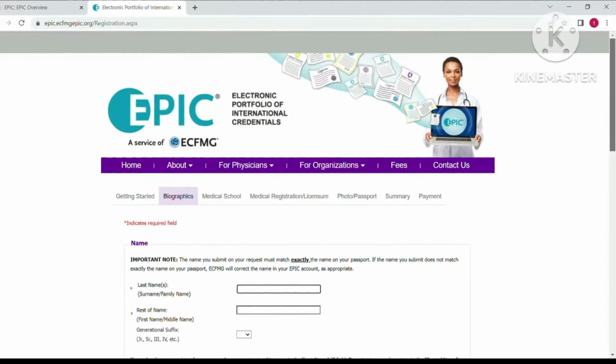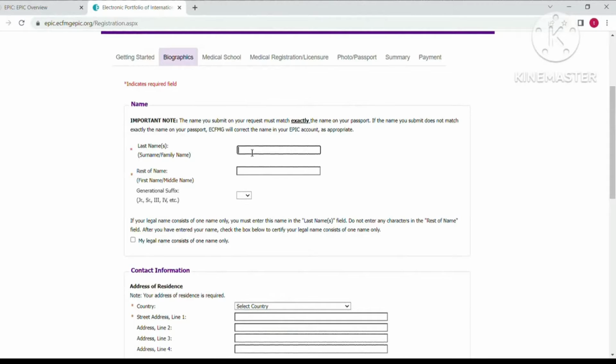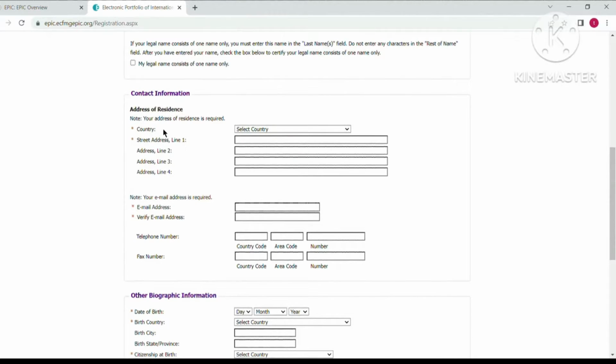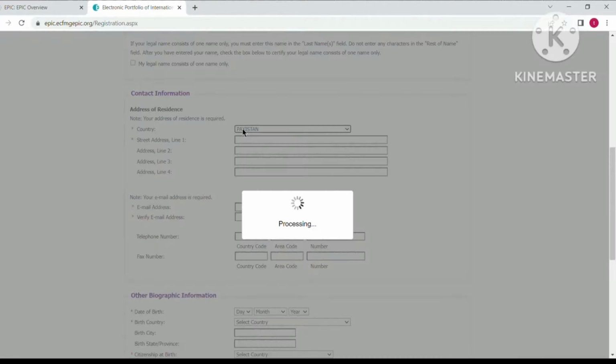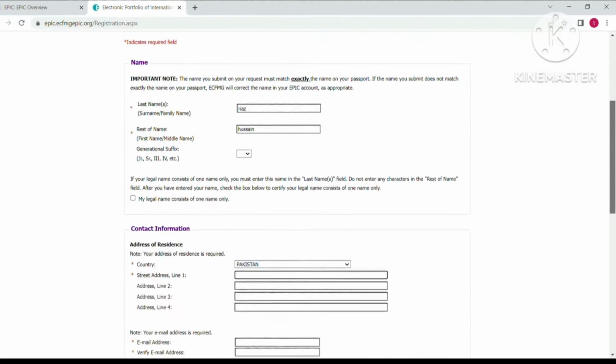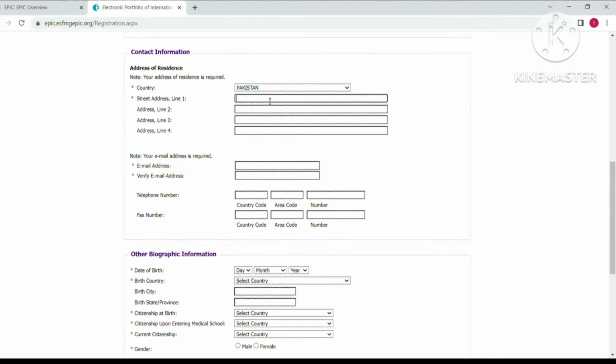So starting from the biographics portion, first of all, write down your last name according to your passport. And next is your first name or given name. And then you have to select your area of residency. So first of all, select your country. It will take some time to process. After selecting the country, I will put my residency address, like my house or flat number and the street